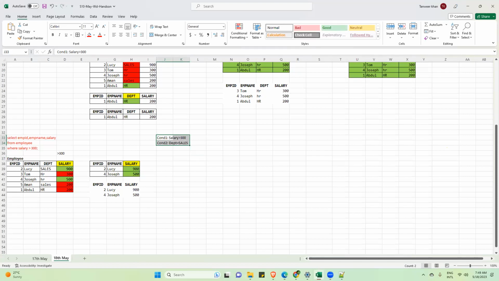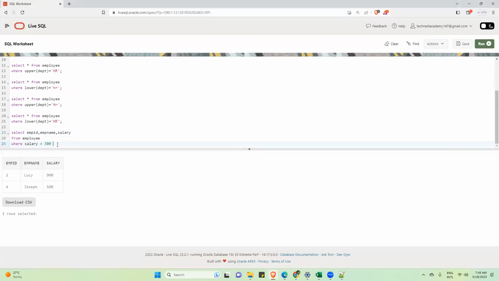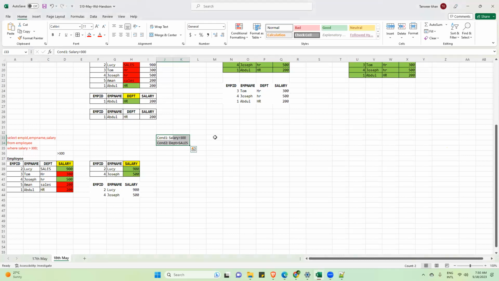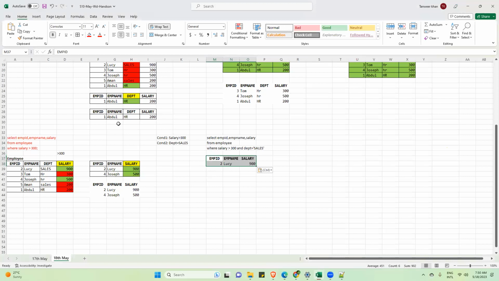So in this query, I will add one more condition, which is known as AND. I will explain what this is, don't worry. This is the query I have written, and this is the output. Ignore the query part for now. Don't try to understand what I have written or what AND is. Just tell me, is the output correct?